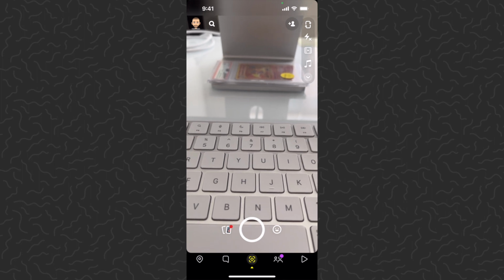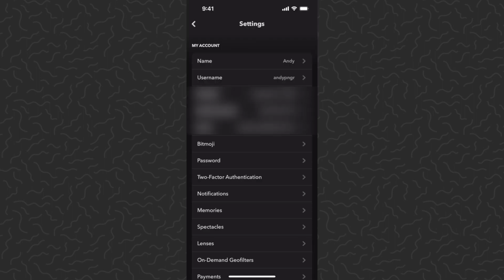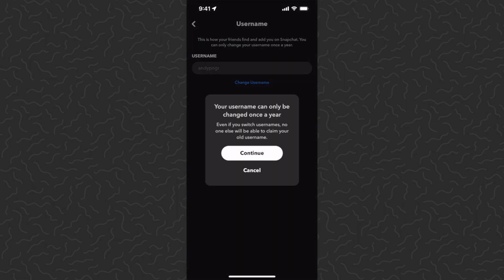What you want to do is tap on your profile icon in the top left. From here we want to tap on settings in the top right. Then up towards the top, the second line, you'll see username. Tap on that. Now you can tap in the field and it's going to say your username can be changed